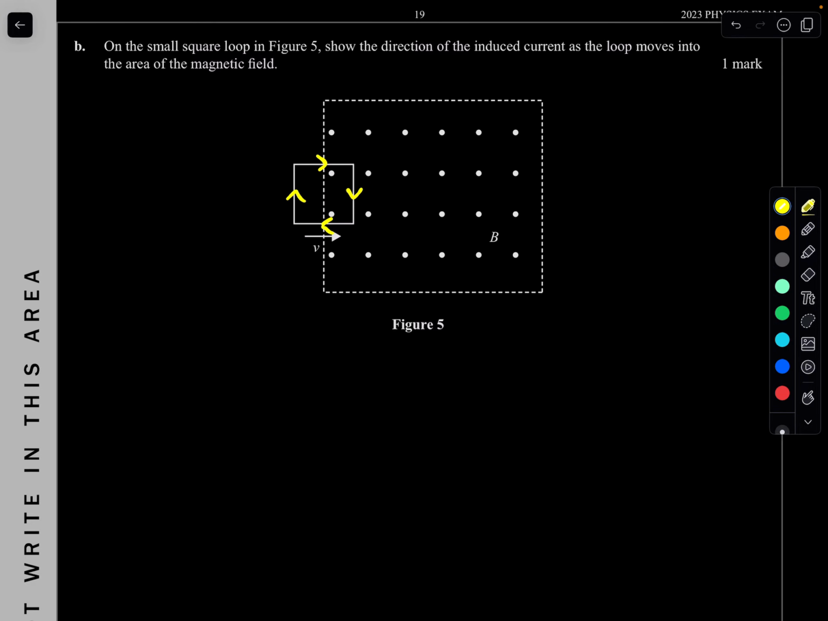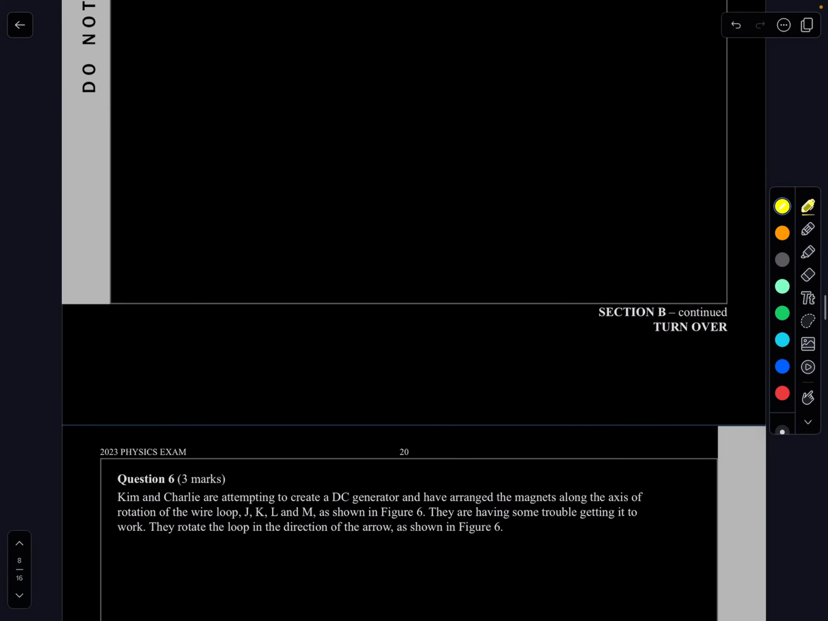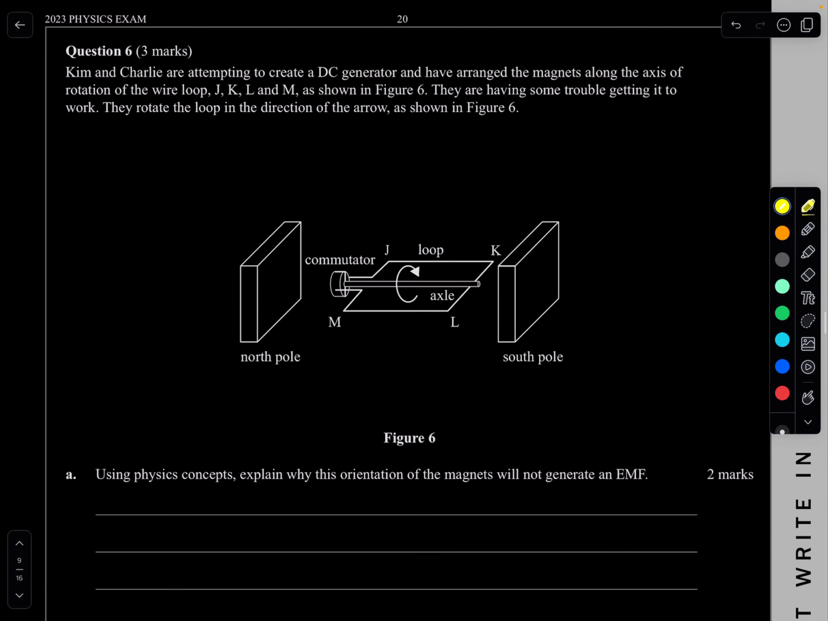Easy. So 1 mark. Nice. Next question. Question 6. Kim and Charlie attempted to create a DC generator and have arranged the magnets along the